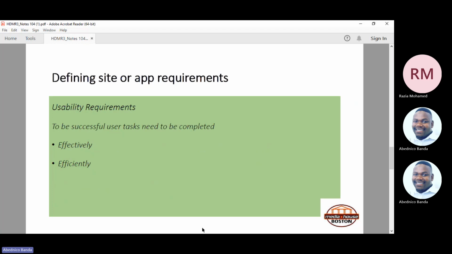And you have to have these two things in mind. To be a successful user, tasks need to be completed effectively and efficiently. People are always on the go, so there has to be convenience on the site. There has to be convenience on the app. I've seen people when they are ordering food online, be it using Mr D, be it using Uber Eats,